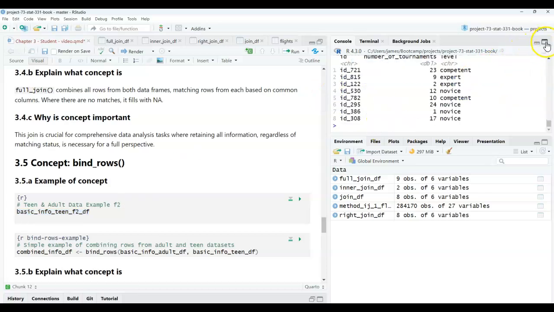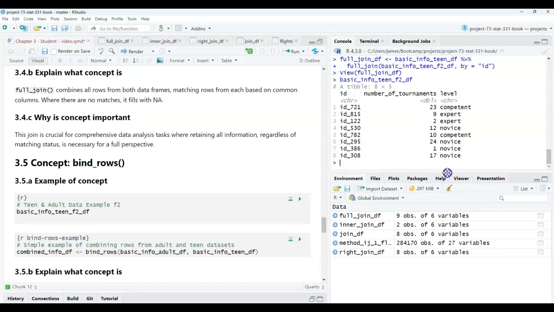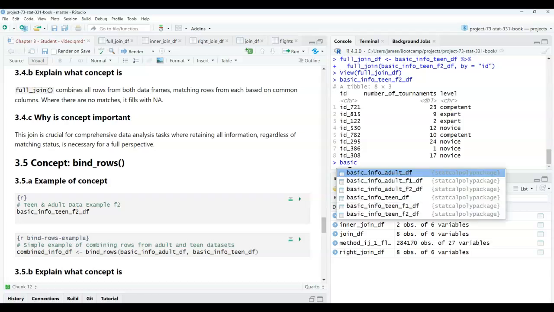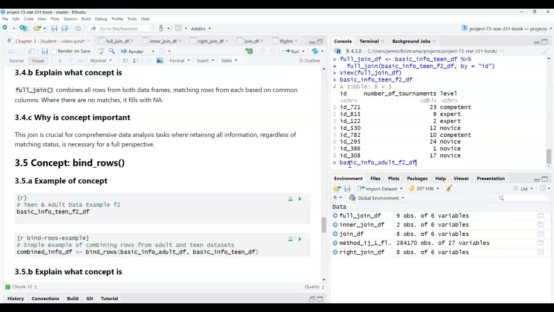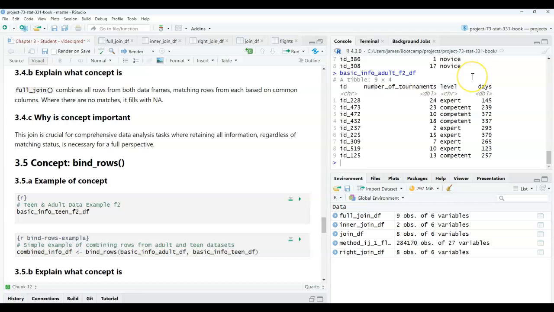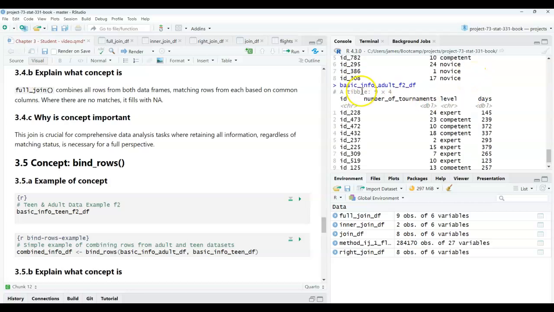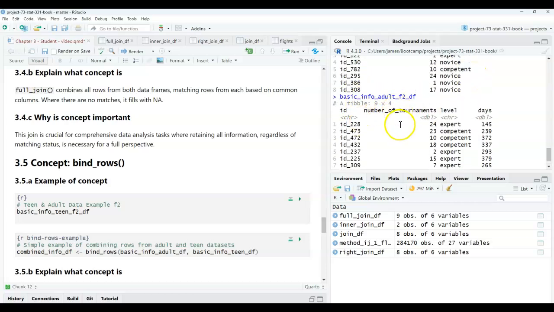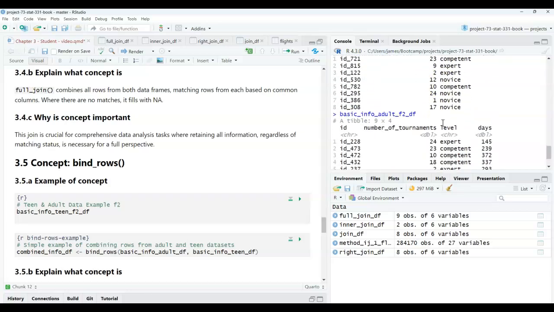This one here has ID, number of tournaments, level. Okay, bind rows. But then if I do the same thing in terms of adults, basic adult F2, it has the same. It has different IDs, of course, because it's different people, number of tournaments there, levels there,